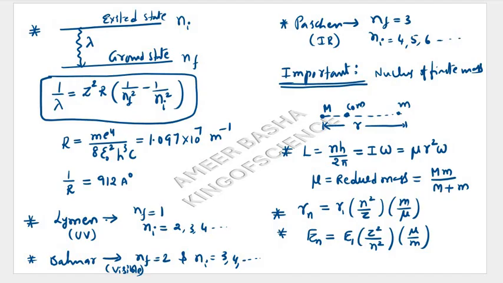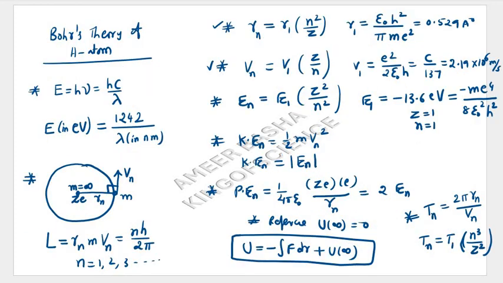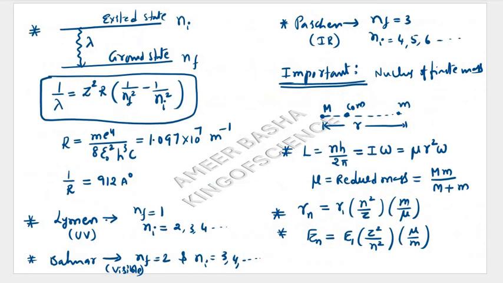Let us discuss other important points. So this is enough related to the Bohr's theory of hydrogen atom. Now let us move to another important topic, that is de Broglie concept, the dual nature of matter. Dual nature: the particle will be associated with a wave, generally known as a matter wave, that